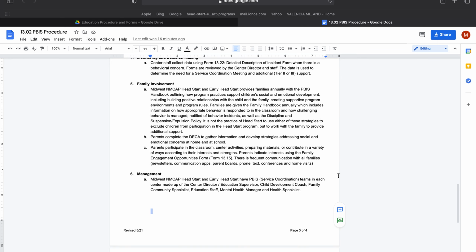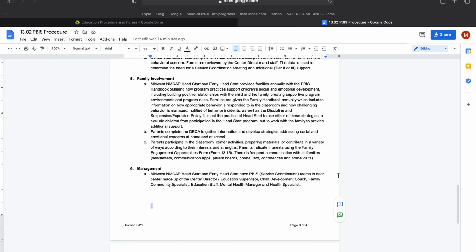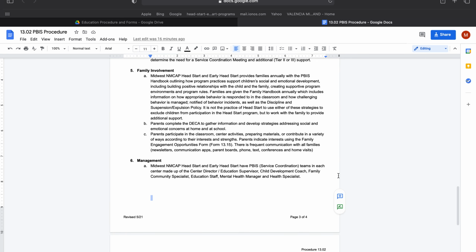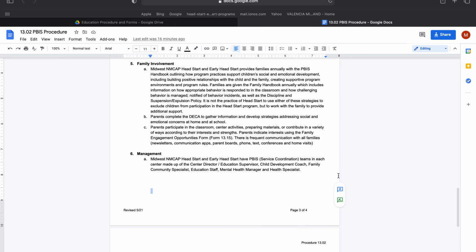The fourth key feature is monitoring and decision making. And so again, how decisions are made for staffing and for service coordination meetings. The fifth key feature is really family involvement. And so this key feature involves how we include families in our PBIS system, how we encourage families to be